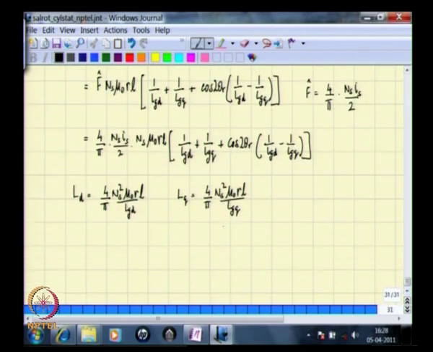So, having defined these two symbols, we can write this flux linkage as is into L d by 2 plus L q by 2 plus cos of 2 times theta r into L d by 2 minus L q by 2,